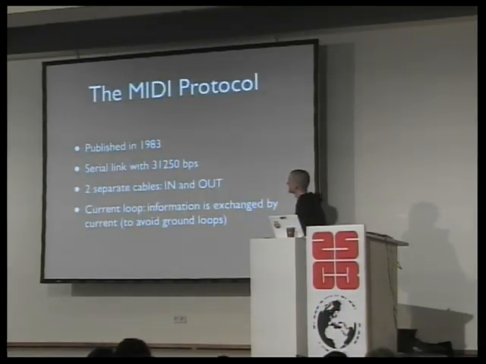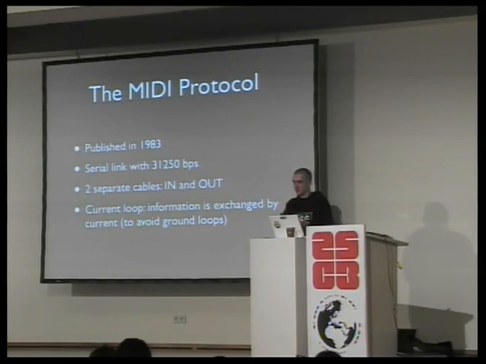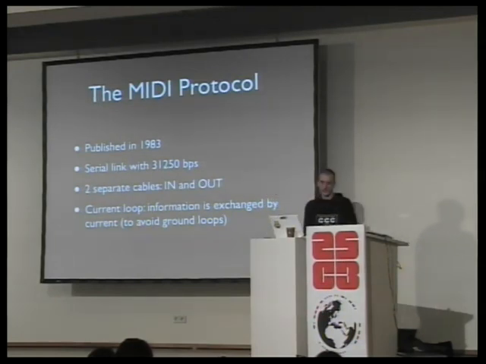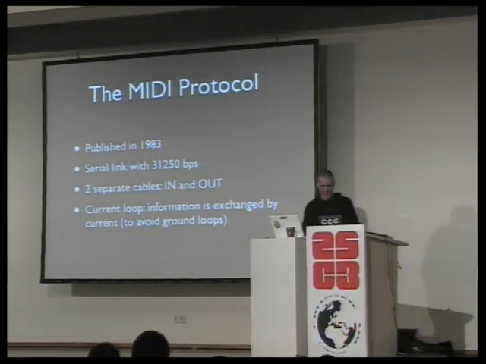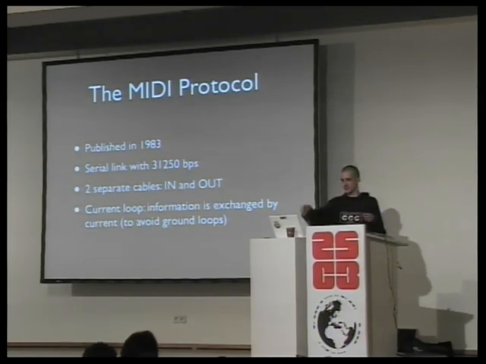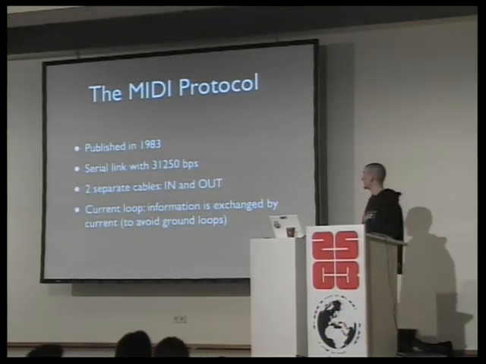But now let's get to some technical details. MIDI is a pretty old protocol which is used to communicate between hardware machines or computers to exchange musical information. It was actually published in 1983, so 25 years ago. And it's based on a serial link with 30,000 bits per second, so it's really slow. And it has separate wires for receiving and sending. So for example, this is the sending side of the drum machine, and this is the other cable, which receives the information, so you can really see it.